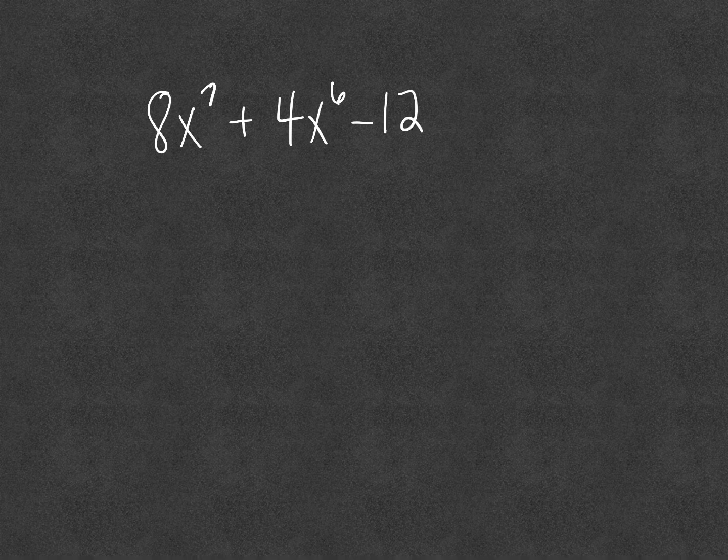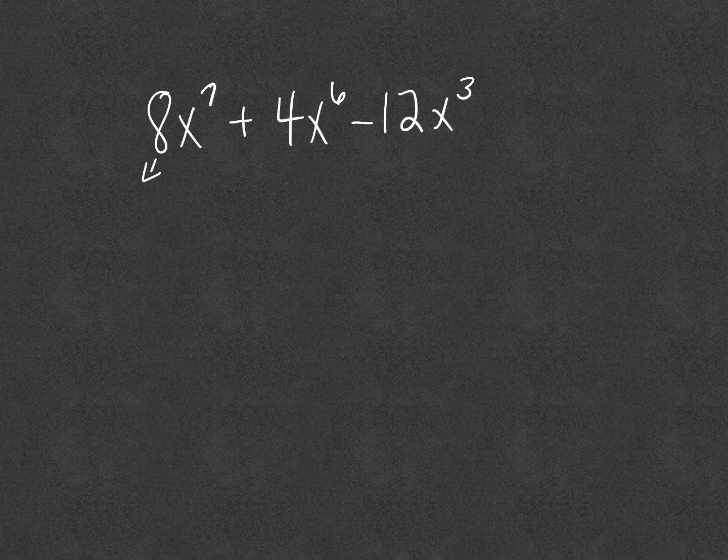All right, let's practice another one. Okay, so this time we're going to have 8x to the 7th plus 4x to the 6th minus 12x to the 3rd. Now remember, the first thing you're going to do is find the greatest common factor of each of these terms. Okay, now